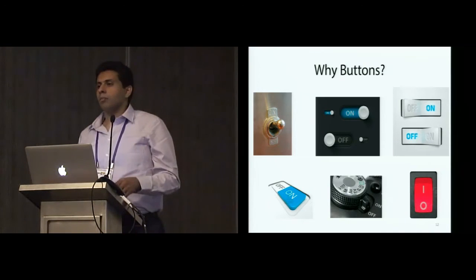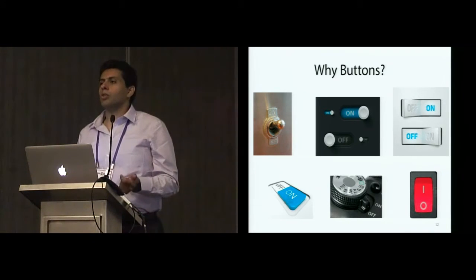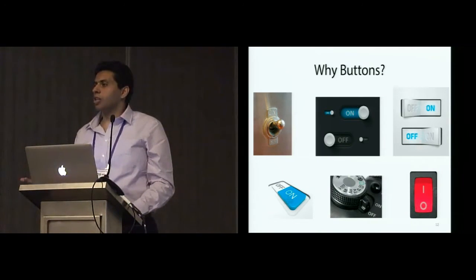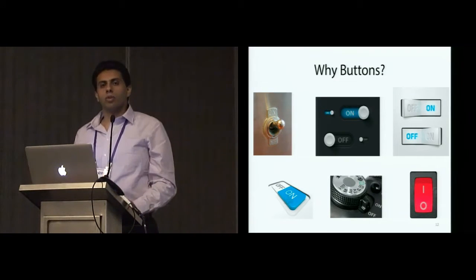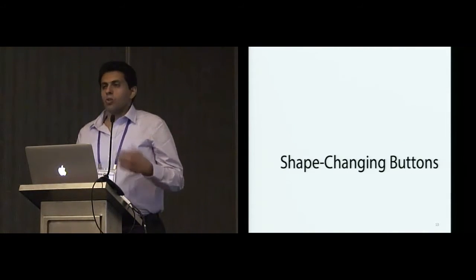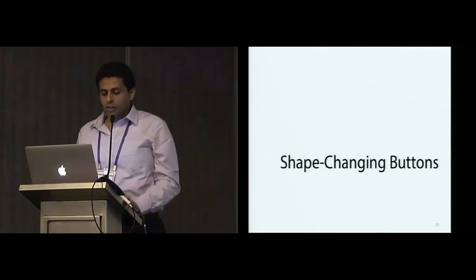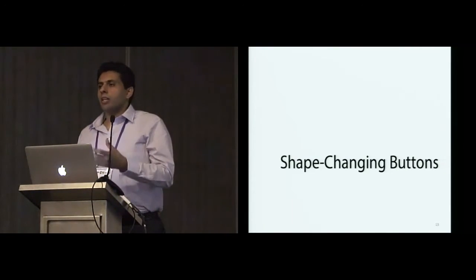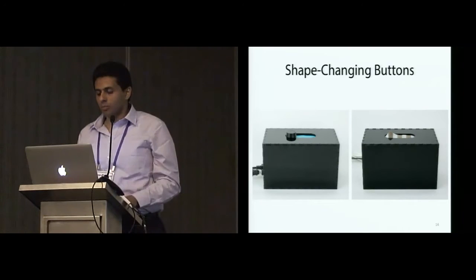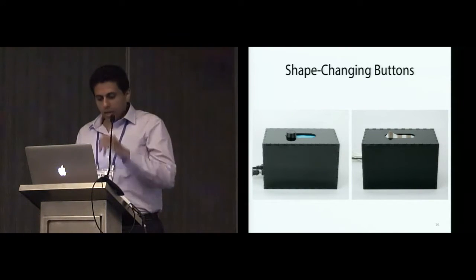The second reason is that buttons encapsulate well the three things that we want to study: affordances, system state, and state change feedback. A good button design on a machine should tell me how to use it and whether the machine is currently on or off, and after I press it, what the effect of my action was. Hence, affordance, system state, and state change feedback. So that covers what we did and why we did it. Now let me tell you how we did that. We used some shape-changing buttons in our study, and we designed 10 of those